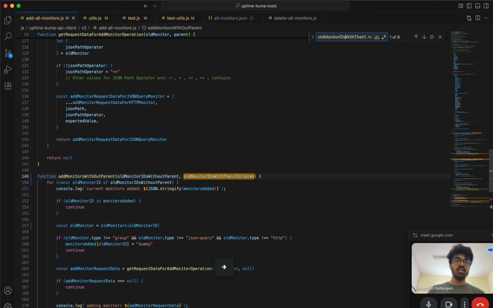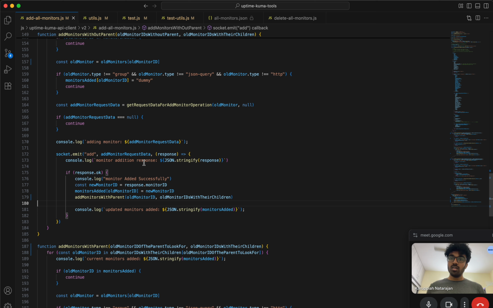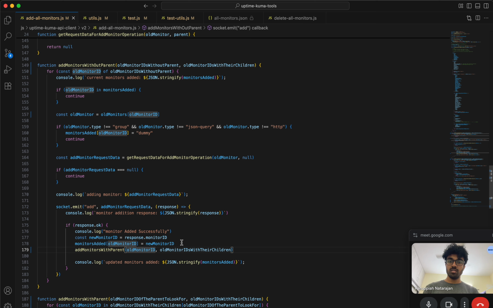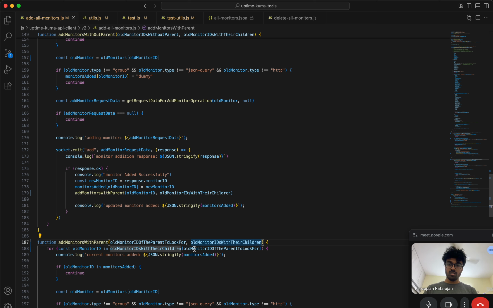So is there anywhere where we say monitors? No. So monitor IDs with their children. Okay, so with that we say parent, and then I can't put constant here anyways. So this we say we find out all the children. Here